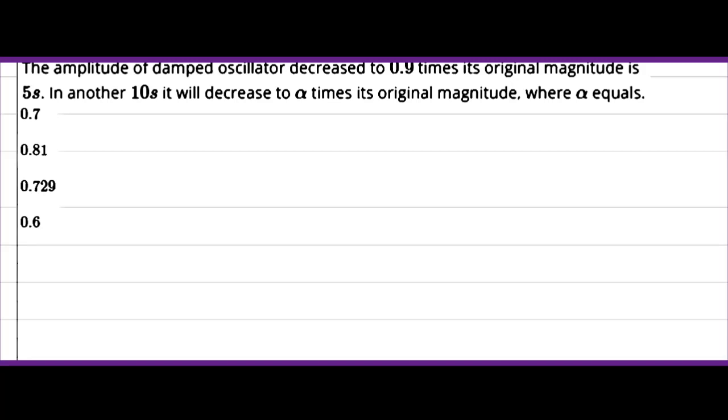हाय गाइस, यहाँ पे क्वेश्चन दे रखा है। इस क्वेश्चन में बोला गया है the amplitude of a damped oscillator decreases up to 0.9 times of its original magnitude in 5 seconds. In another 10 seconds, it will decrease up to alpha times of the original one. What is alpha? देखिए इसका हमको फॉर्मूला पता होता है